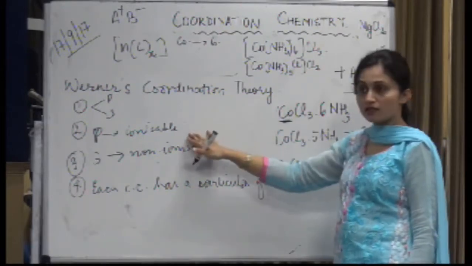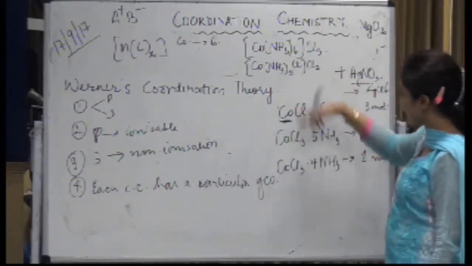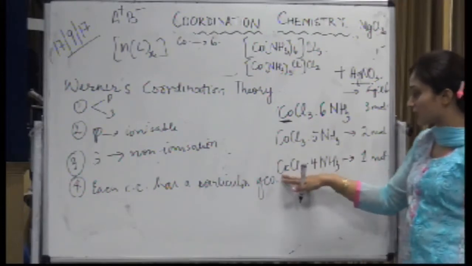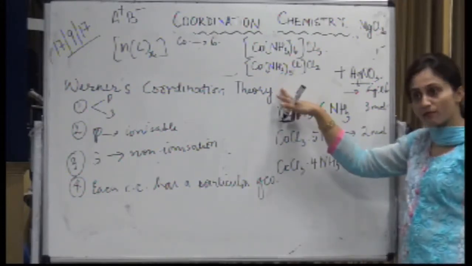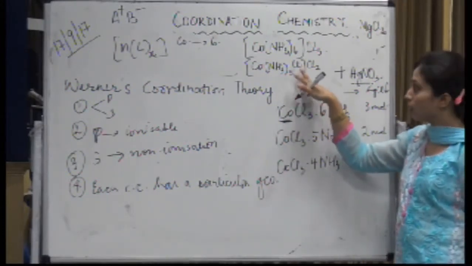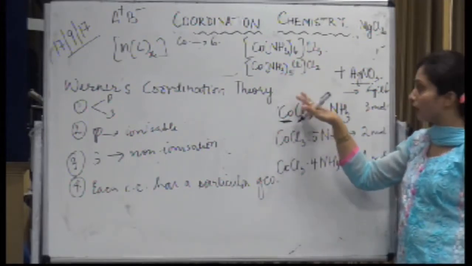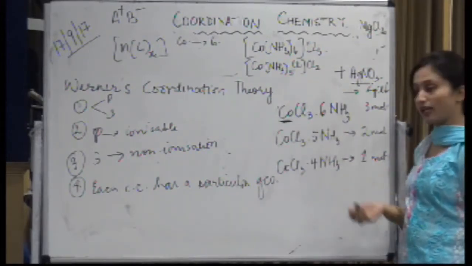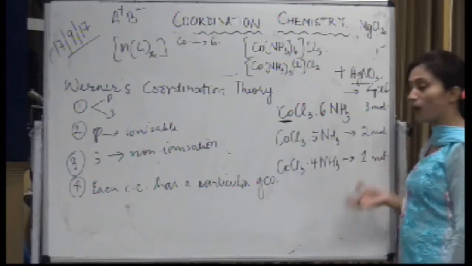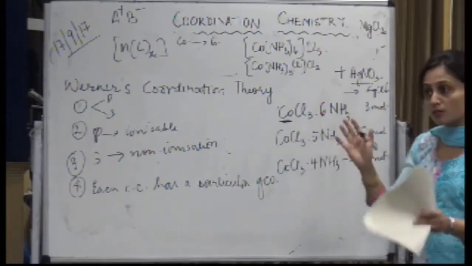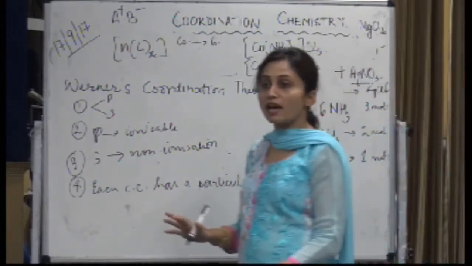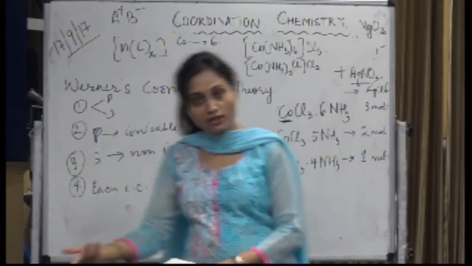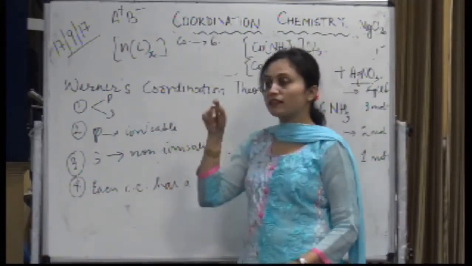Primary valence. Okay. Then the next time, now you can tell it for yourself, this will be Co(NH3)4 times and now Cl2 within the coordination sphere, and one Cl outside. So it gives only 1 mole. So you understand, this was the experiment that was performed by Werner, after which he gave this theory that each